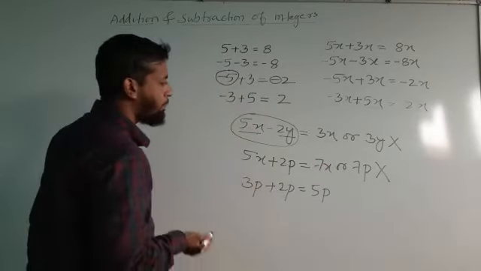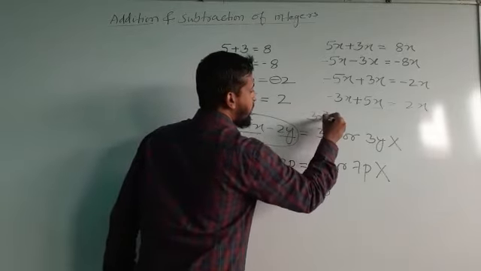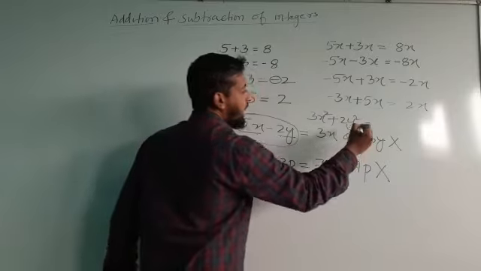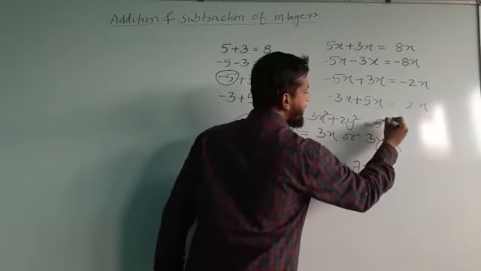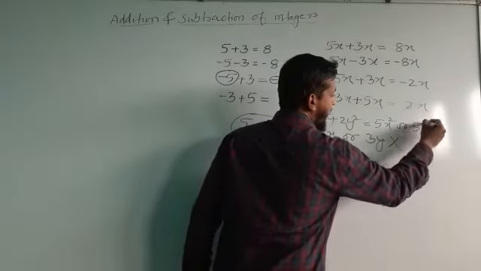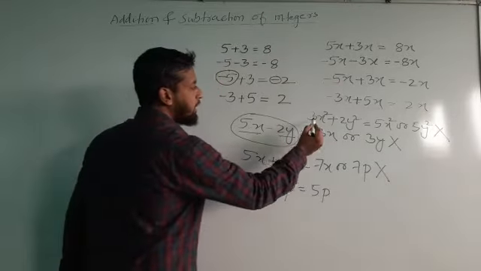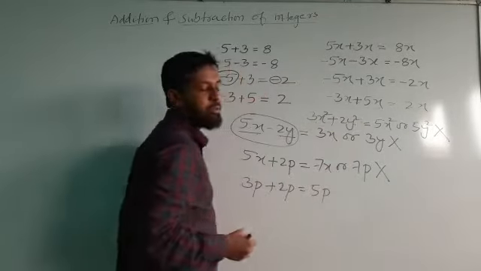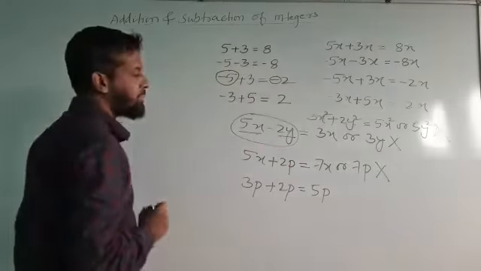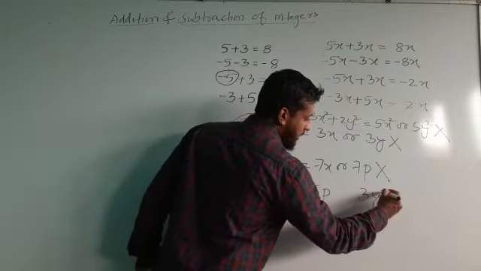Like this, so many examples we can take. Suppose 3x square plus 2y square. 5x square. Some student is to write, or some student is to write 5y square. Both the results are wrong because they are unlike terms. Unlike terms cannot be added, cannot be subtracted. Like terms can be added, can be subtracted.